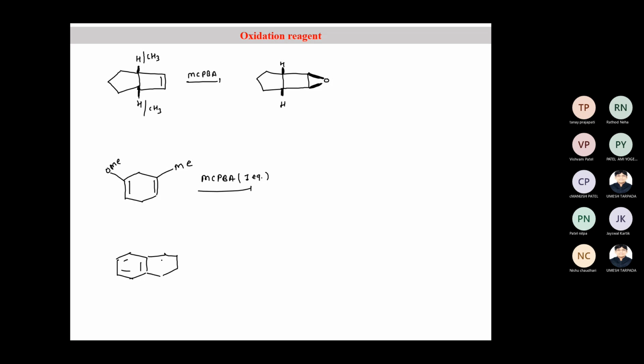Why is the double bond not electron rich in the methyl one? Reason is